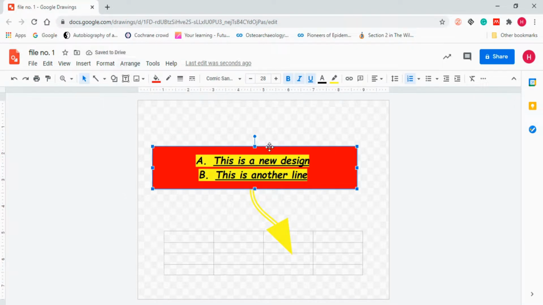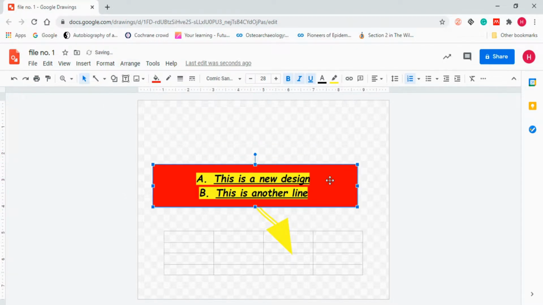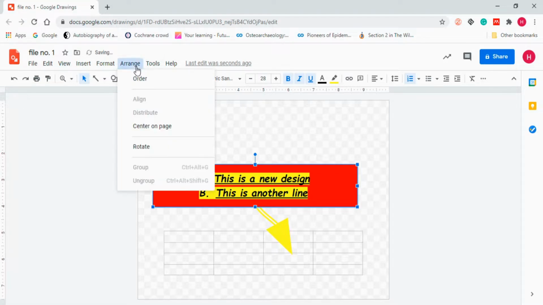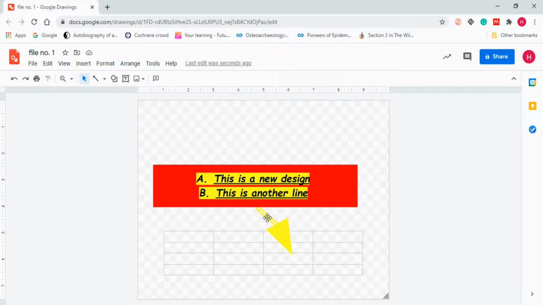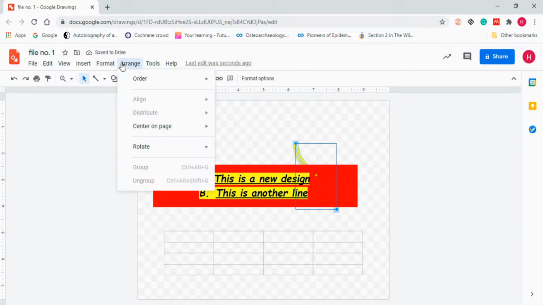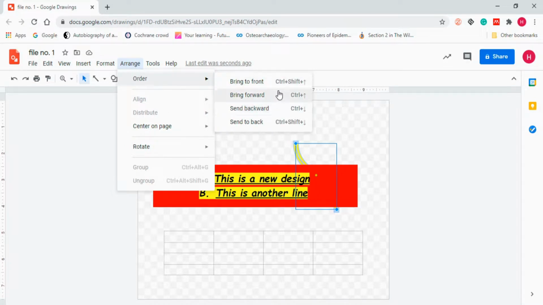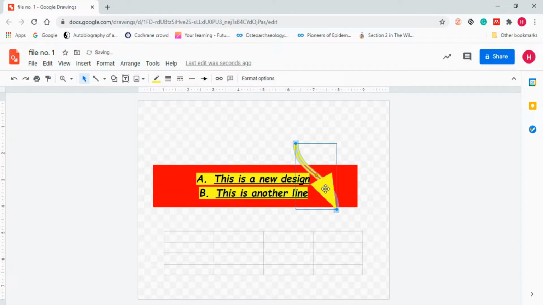Now you will see it is actually in front, because you can see the arrow now goes to the back side of this. Now when I click on the arrow and choose bring forward, you will see the arrow came forward. So this is how you can use this feature.